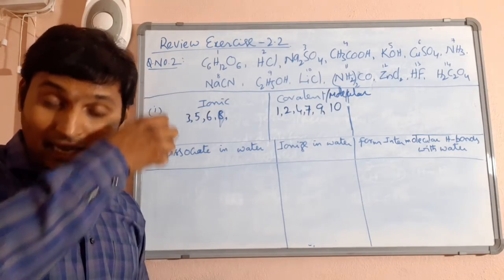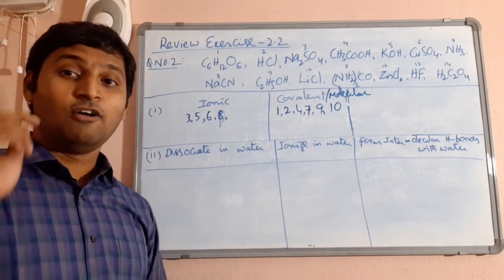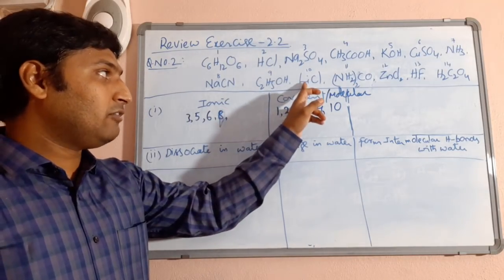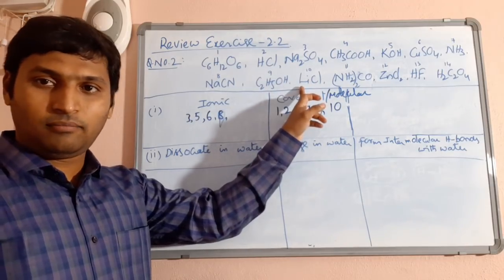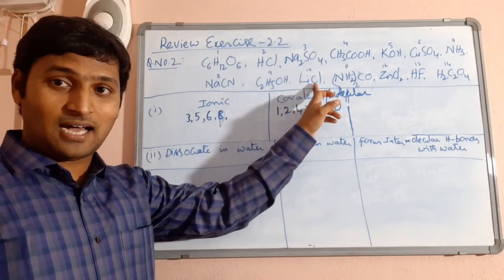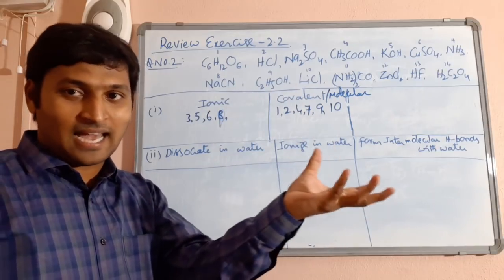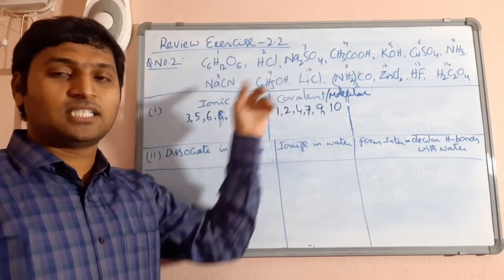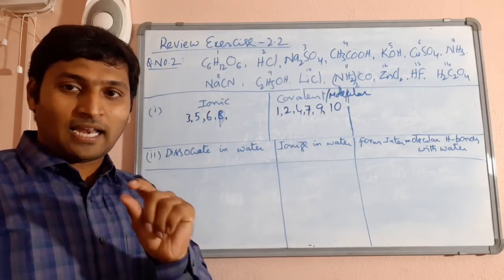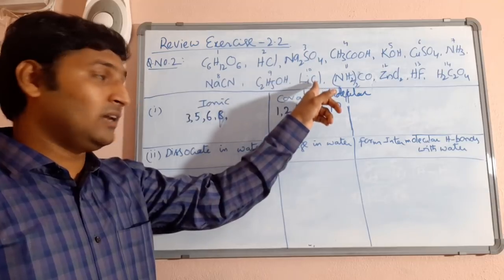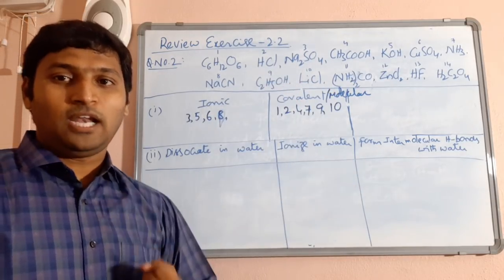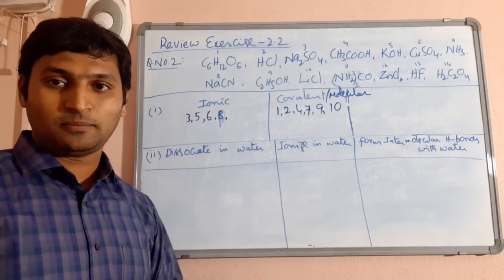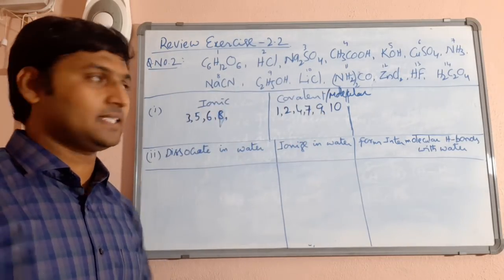Try to recollect the concept of polarization from first year chemical bonding chapter. Whenever the cation is too small and whenever the anion is large, the cation tends to polarize the anion. You know, polarizing power of cation is given by the formula charge divided by radius square. So smaller the radius, more the polarizing power. So it will distort the electron cloud of the anion, pull into it and overlap and form covalent bond instead of ionic bond. That's why it is an exceptional case.